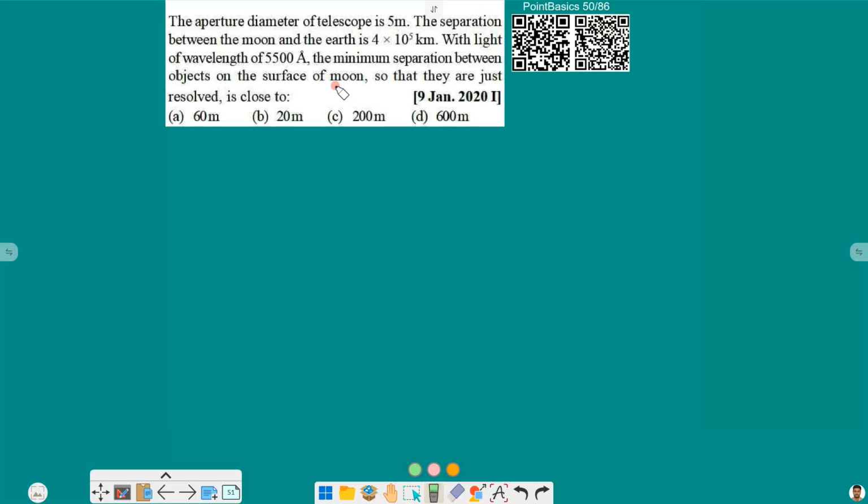So here we know that for resolving, theta is equal to 1.22 lambda divided by A. Suppose this is the first object on the moon, this is the second object, and this distance x is the minimum distance between them which can be resolved. Here we will get theta, and this distance will be the distance from the moon to the earth, let's say capital D. So from this theta will be x by capital D,